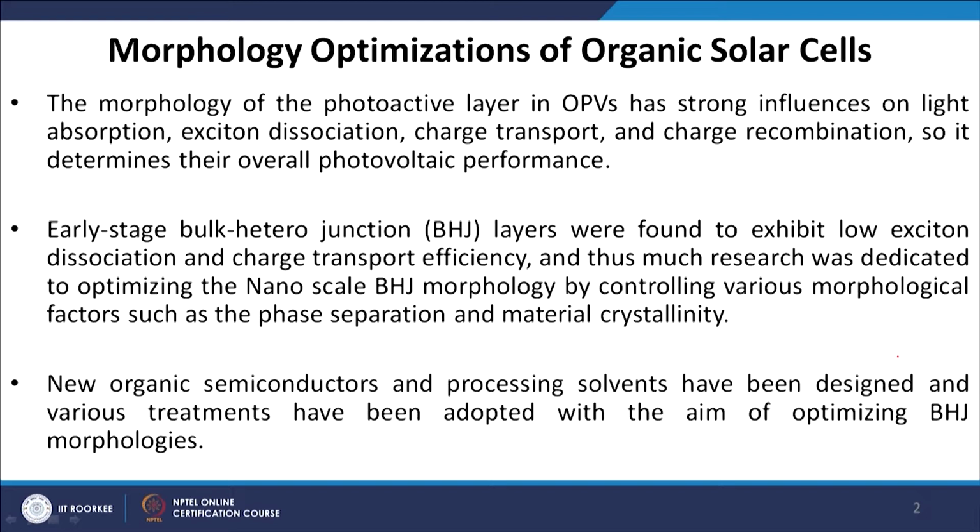By optimum morphology we mean a bicontinuous phase separated percolated network. Bicontinuous because throughout we want to see donor acceptor nano interface. Phase separated, we want to separate the donor phase and acceptor phase, and also percolated network because whenever we have a charge separation, those electrons and holes need to travel to the electrode. So, they travel to the electrode through a percolating network. That determines the optimum morphology.